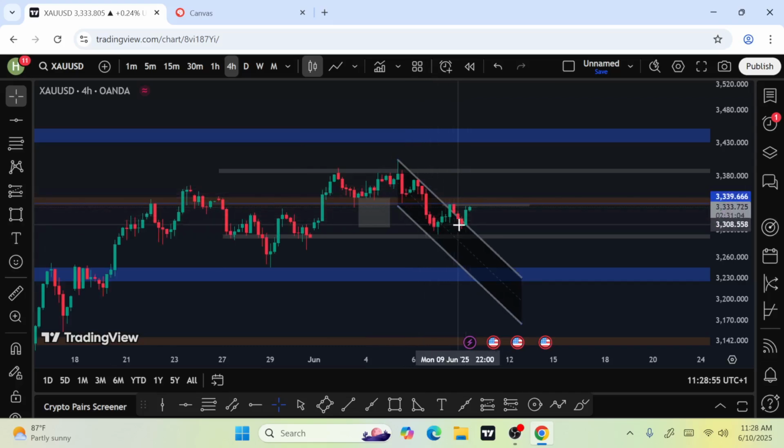Now see this. Once this green candle breaks above this guy, we are going up. This will be the movement. Are you guys seeing it? That is if it breaks above it.